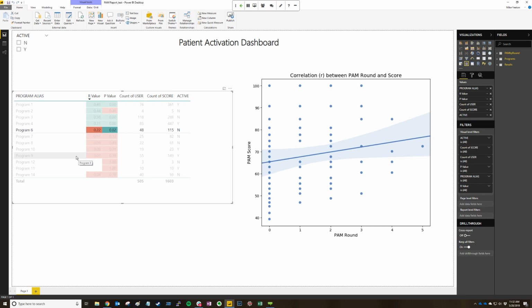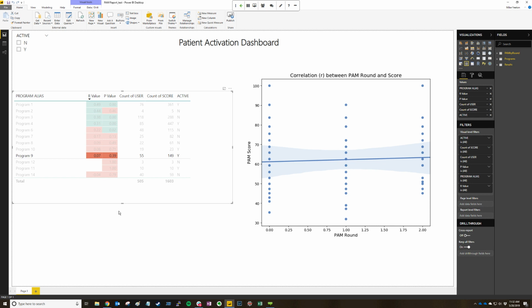And finally, we can look at a program that has low R and high P. So low correlation and high p-value, which is bad for significance. And here we go, we've got a lot of data. We've got 55 clients and 150 scores over 3 rounds. But what we're seeing here is a very weak correlation of only 0.07 and a very weak p-value of 39%